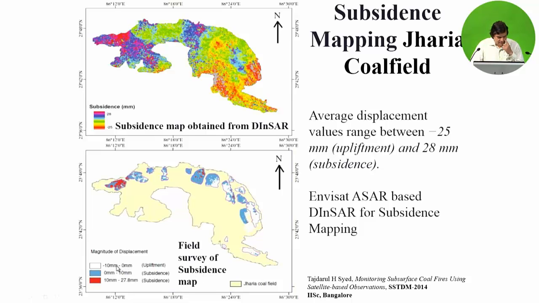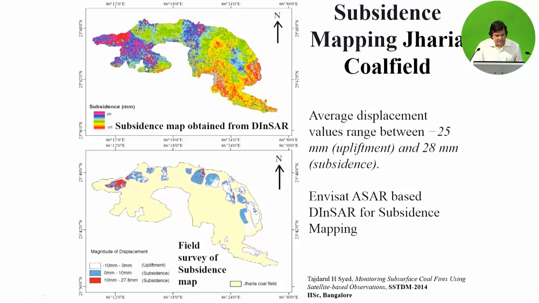In the field survey we can easily see that the white color is representing the upliftment, ranging from -10 mm to 0 millimeter, and subsidence, which is represented in blue color, is ranging from 0 millimeter to 10 millimeter, and the high subsidence from 10 millimeter to 27.8 millimeter is represented in the red colors. This is the field data collected for the study area Jharia coalfield,